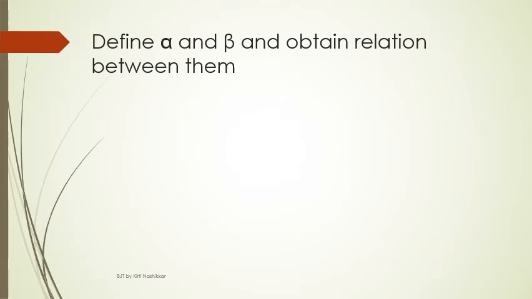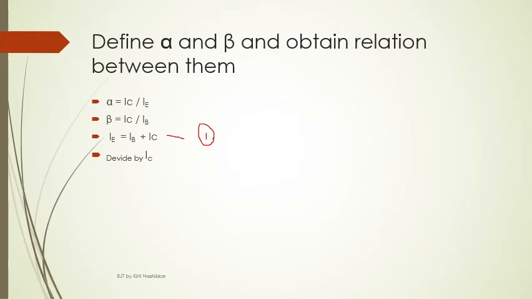Now there is one relation between alpha and beta that we have to obtain. First of all, we must know what alpha is. As I have already discussed, alpha is the current gain in CB mode and beta is the current gain in CE mode. So alpha equals IC upon IE and beta is IC upon IB. Now we know this equation, which we can call equation 1. This is very important regarding transistor operation: the emitter current is the sum of base current and collector current.